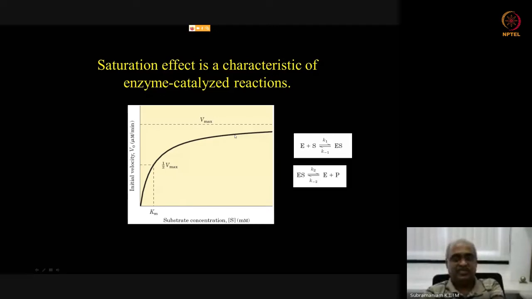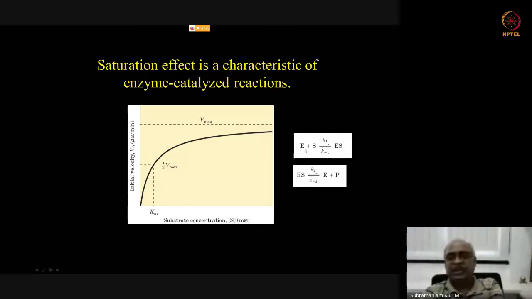So this is a characteristic of enzyme catalyzed reactions. And this plateauing off, this rectangle-shaped curve, happens purely due to what we call a saturation effect. And this saturation effect results from the formation of enzyme substrate complex. Remember a few minutes ago I was telling this, I'll keep repeating this. Enzyme substrate complex formation is critical in understanding enzyme catalyzed reactions. And this readily forms, and the ES breaking down to E plus P is slow. And that is why, when you reach a substrate concentration at which the definitive concentration of enzyme that you began with, in this entire process enzyme concentration is kept constant,